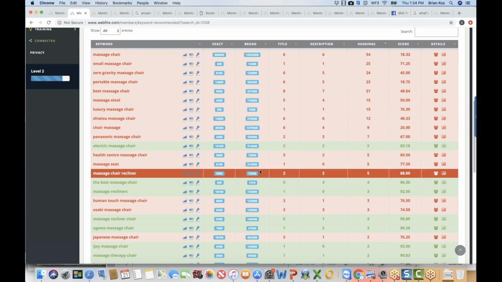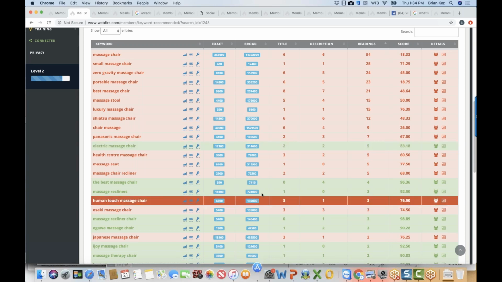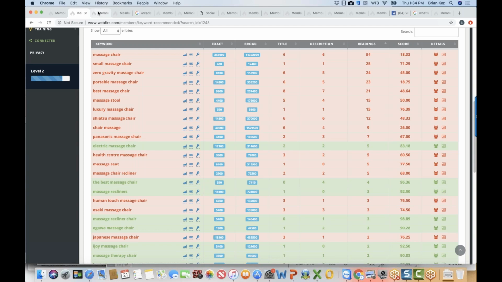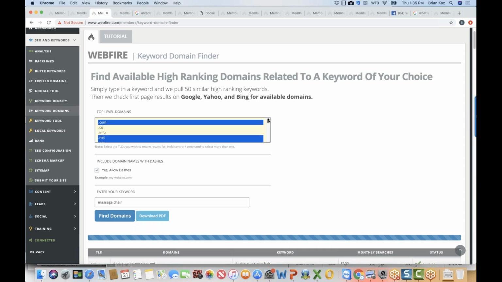So you can pick a few of the green ones and turn them into a blog post, a video, or an article, or have it in your title tag, and you have a very good chance of ranking for those terms. If you want to make a new site, you don't have to do this, but there's a little bit of an edge. If you have a keyword in the URL or in the domain, you have a bit of an edge over other sites. The prior stuff is more important, like having it in the title tag.